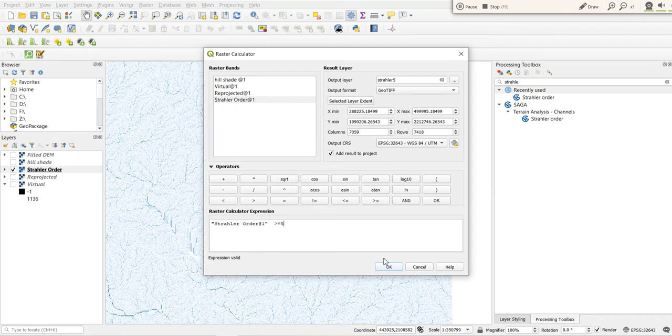Expression is valid. So in this case Strahler value 5 or greater than 5 we can see here. So I am taking just greater than 5. Only 6 to 11 I want to see, that is 6 to 7, 7 to 8, 8 to 9, 9 to 10, 10 to 11. So let's put OK.